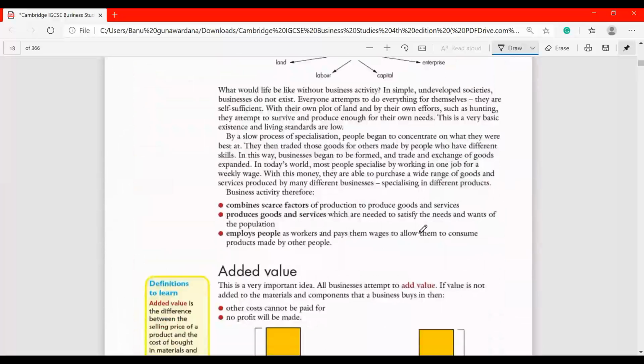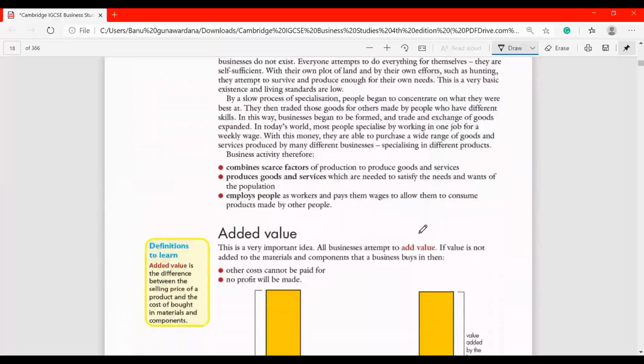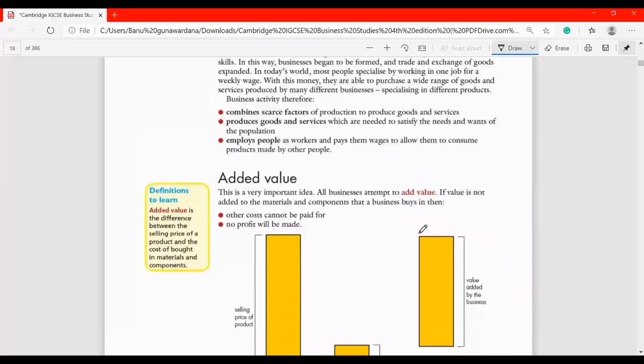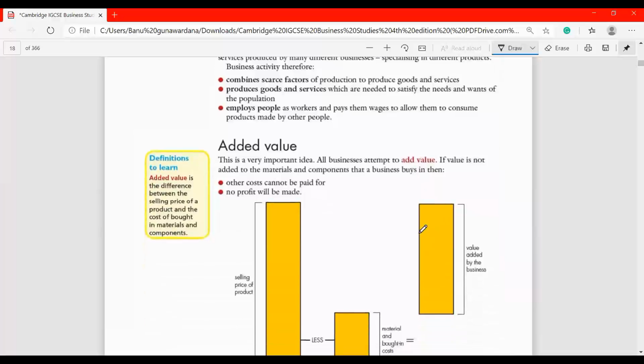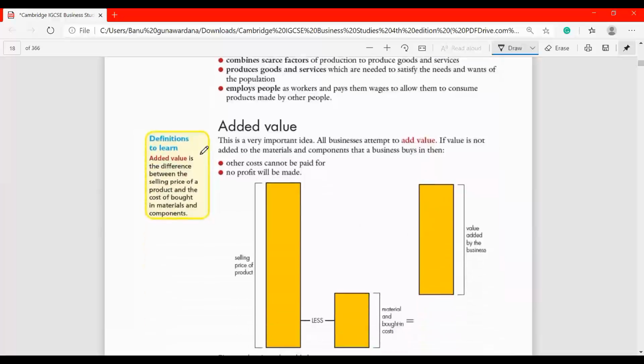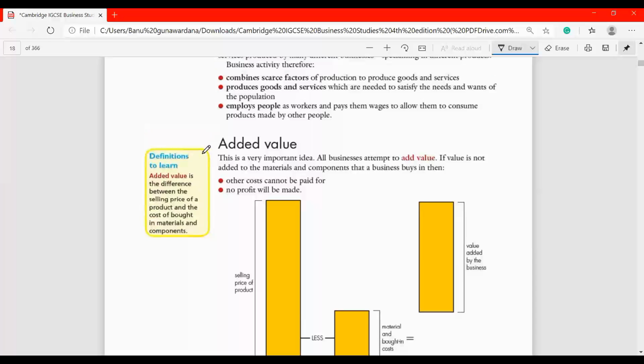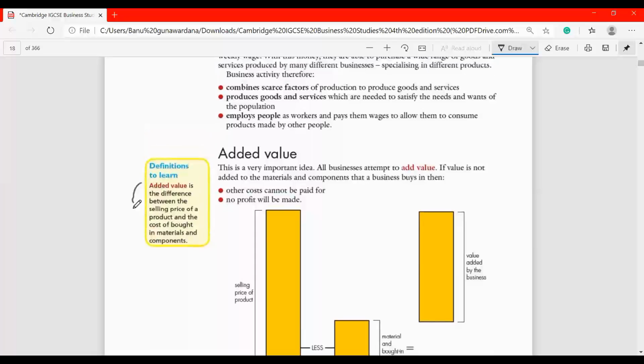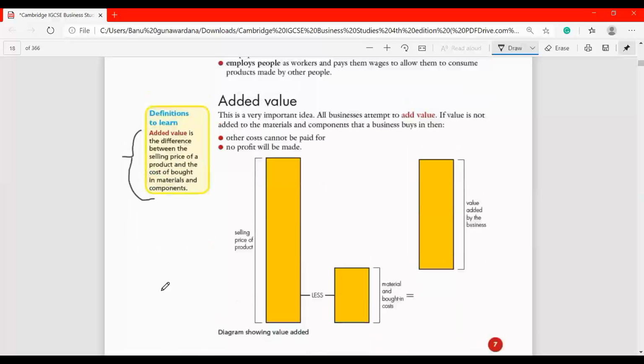Next, we have our topic, added value. Added value is really important. It's crucial in a business organization. So added value is the difference between the selling price of a product and the cost of the bought-in materials and components. As you can see, this added value is actually the selling price minus the cost of the raw materials. For example, if you take a business which produces milk,